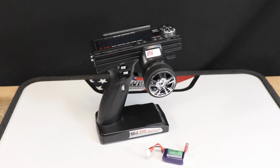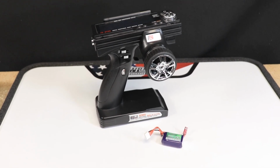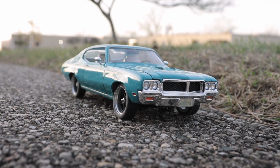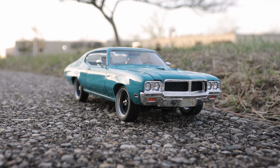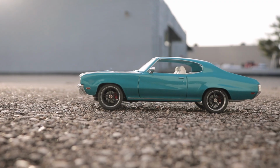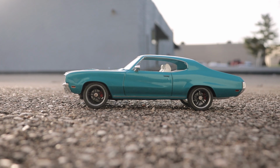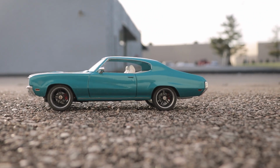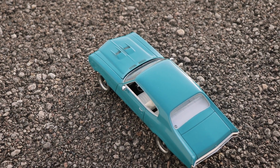But both the transmitter and this battery can probably be purchased for around 50 bucks. Although this is probably more on the expensive end as far as the plastic model to RC conversions I've showcased on this channel in the past, it's probably worth keeping in mind that by RC standards, this amount is pretty low, even for something in this smaller scale. But that said, you could definitely do a model car to RC conversion for something well within the $100 to